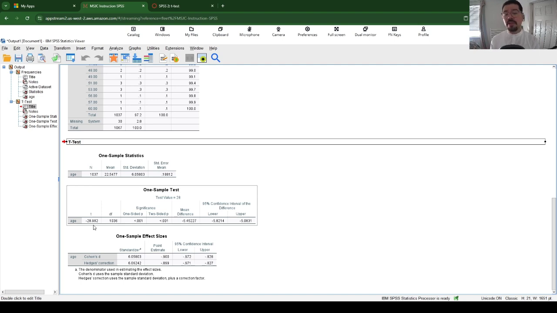In this case, as it pertains to this example of calculating this one sample t-test, we're working with two-sided p. Remember that one-sided p is for one-direction, one-tailed directional tests, which we are not doing in this class. So focus on the two-sided p, and in this case, you would write p is less than 0.001 because it gave us that less than symbol. If there was no symbol in front of that, we would write p equals whatever the probability